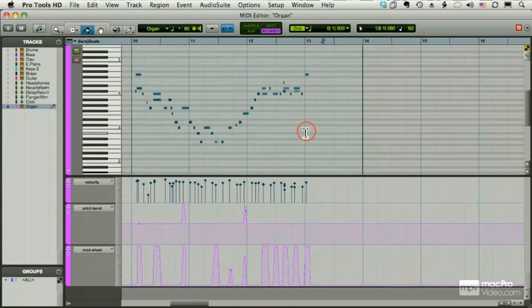Now, if I select bar 11 with my selector tool, you'll notice that all the notes and the associated velocity for those notes is selected, but also the pitch bend and the mod wheel. So when I press backspace, everything goes away. Let me undo that. If, on the other hand, I use my Option key, the I-bar icon has a little